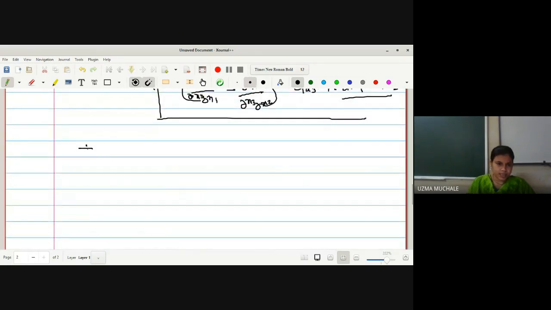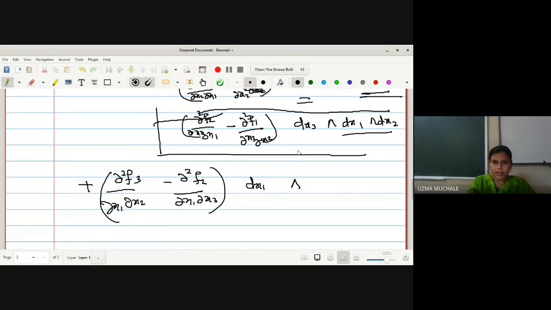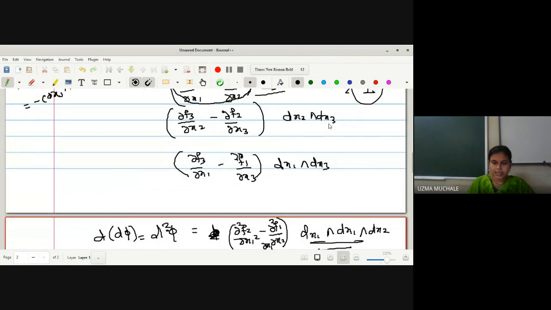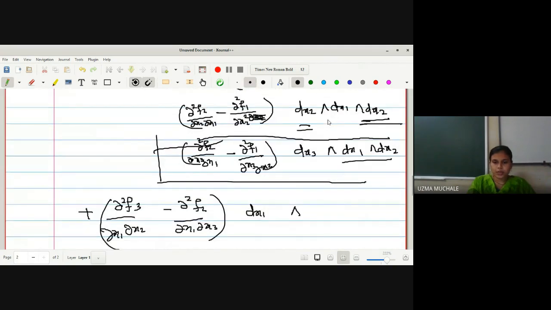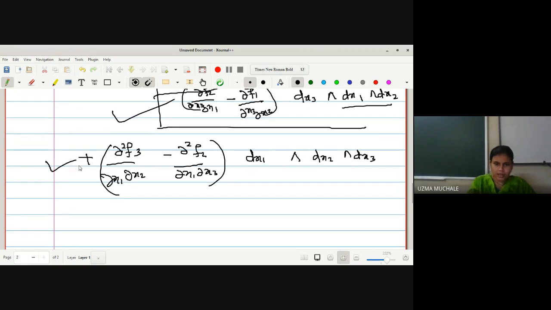That means plus. Now I will write down directly. I hope you can understand now. f3 with respect to x1. x1 वाला ही बचेगा. So we will write down the partial derivative with respect to f1 only. आउटसाइड में क्या बचेगा यहाँ, x1 wedge product with, यहाँ पे क्या है second term में x2 and x3. So x2 x3 वाले 0 हो जाएंगे, जहाँ पे x1 है वो ही remain करेगा. यहाँ पे x2 wedge product with dx. ओके, first term में ये बच गया, second term में ये, और last term.